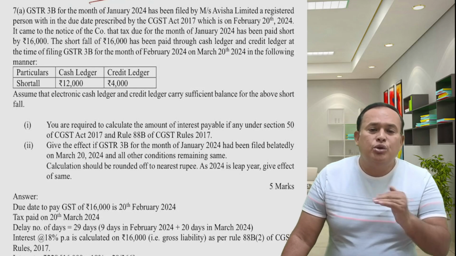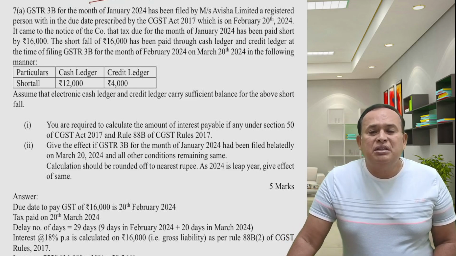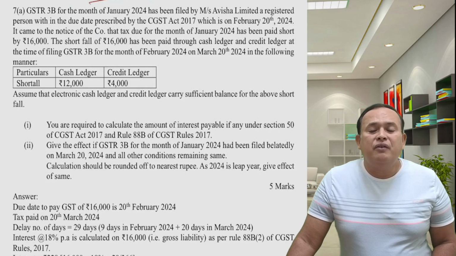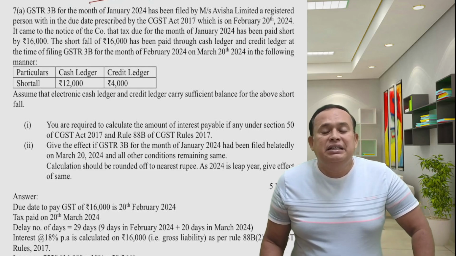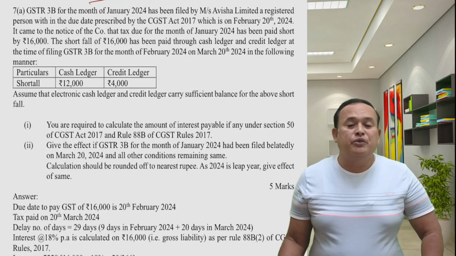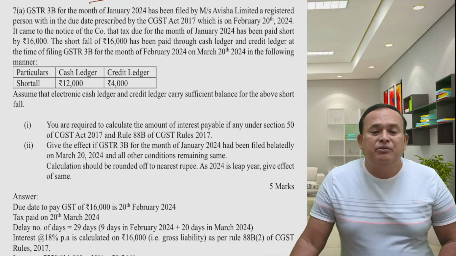It came to the notice of the company that tax due for the month of January 2024 has been paid short by 16,000. The shortfall of rupees 16,000 has been paid through cash ledger and credit ledger at the time of filing the GSTR 3B for the month of February 2024 on 20th March 2024